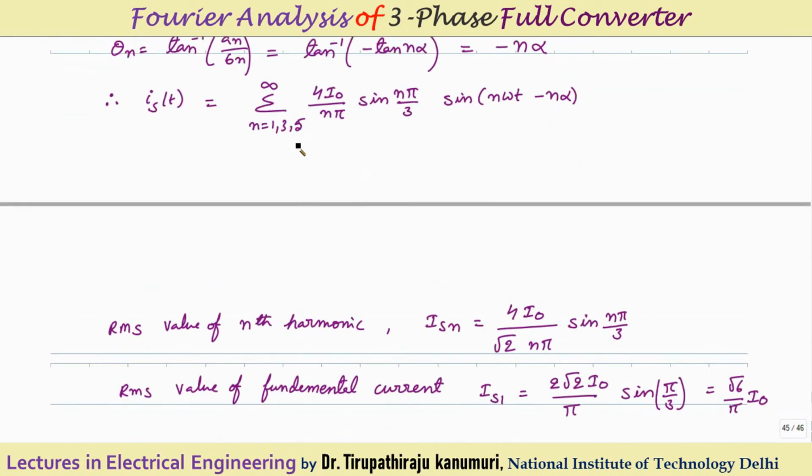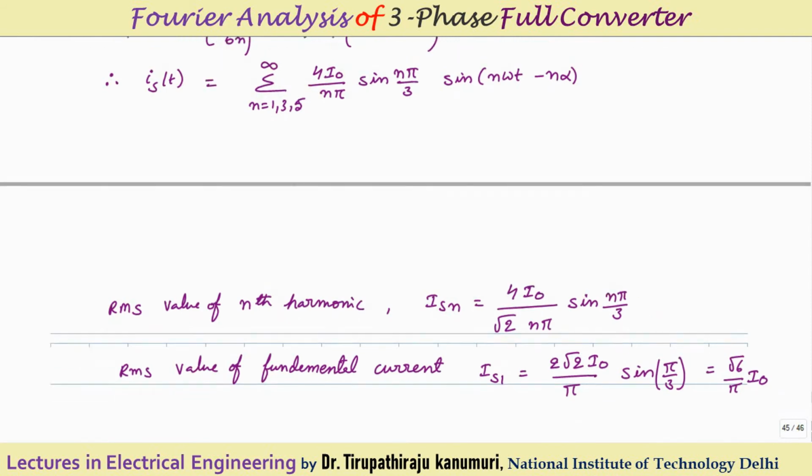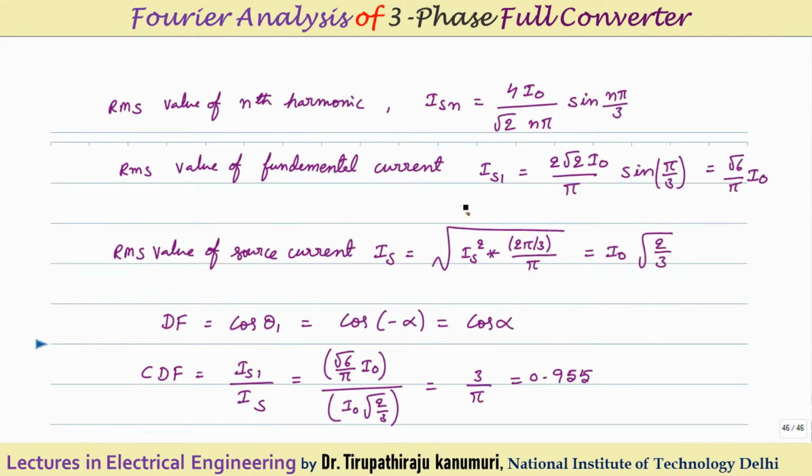So this is of the form maximum value multiplied by a sine term. Agree with me, because this is the constant term. So this is the maximum value multiplied by the sine term. If you want to calculate the RMS value, you have to divide this by root 2. So the RMS value of the nth harmonic will be 1 by root 2 times this component. 1 by root 2 times that component I have taken. So I want the RMS value of the fundamental component of current.